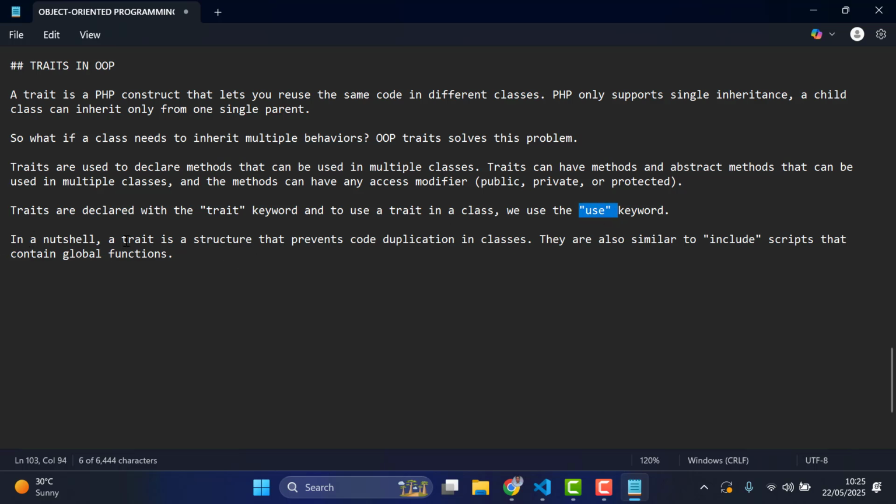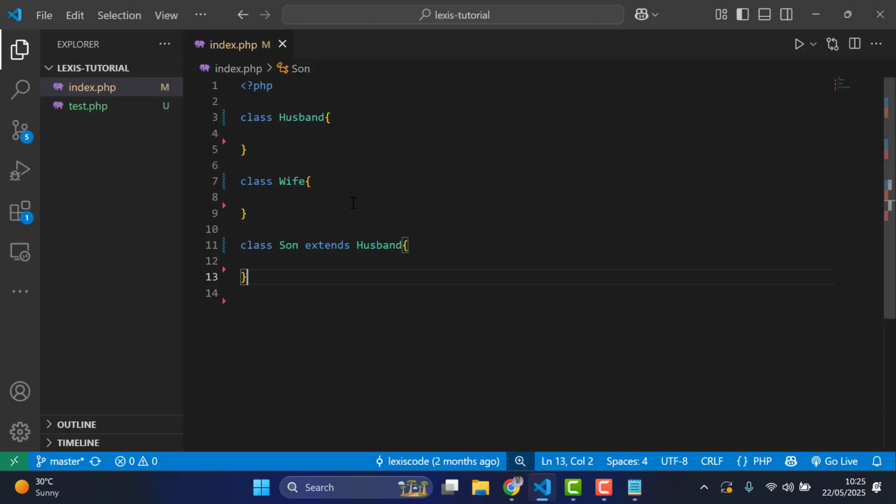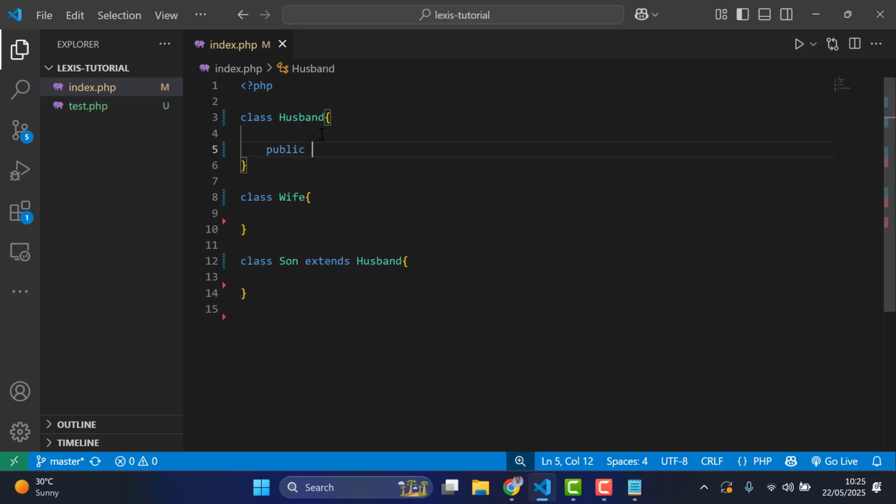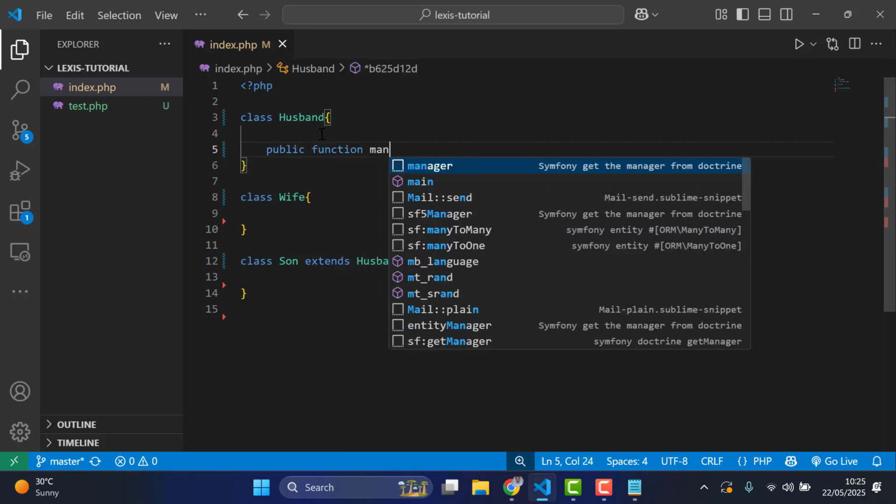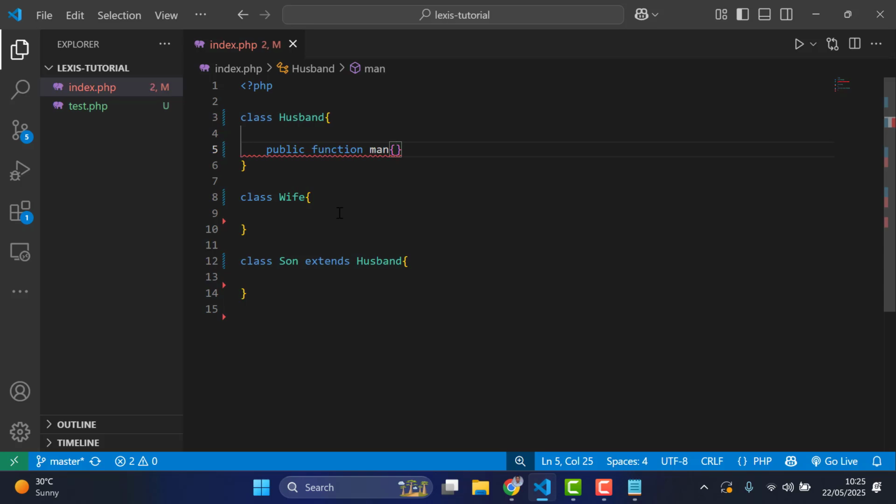So in a nutshell, a trait is a structure that prevents code duplication in classes. They are also similar to including a script. So when you talk about code duplication, for example, now we have a function here, public function, the name of the function, brackets. So if we have a function here and we have another function here,